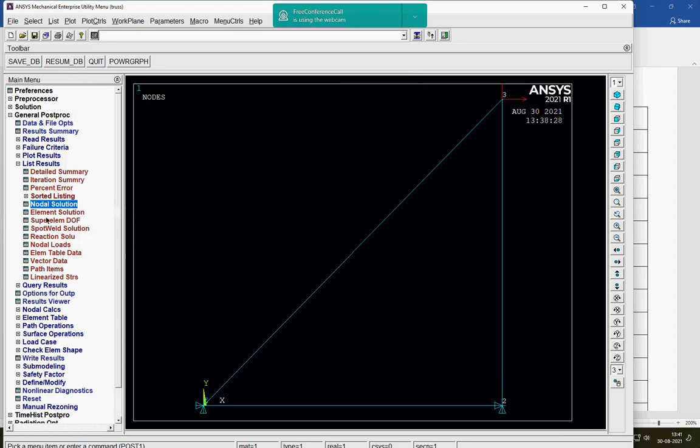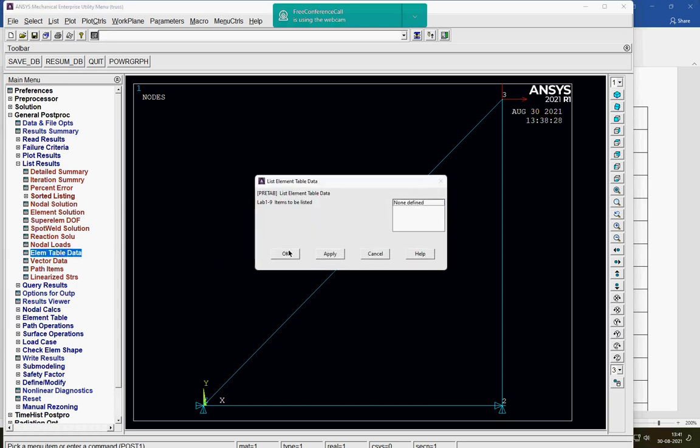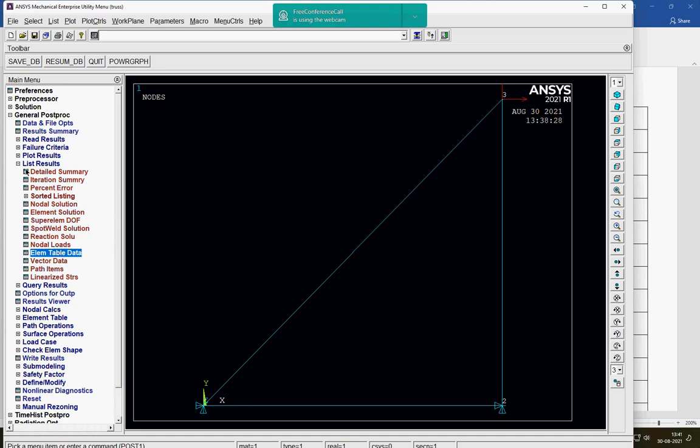Now I can go into elemental solution, but no, I have to go for element table data. So element table data not defined.